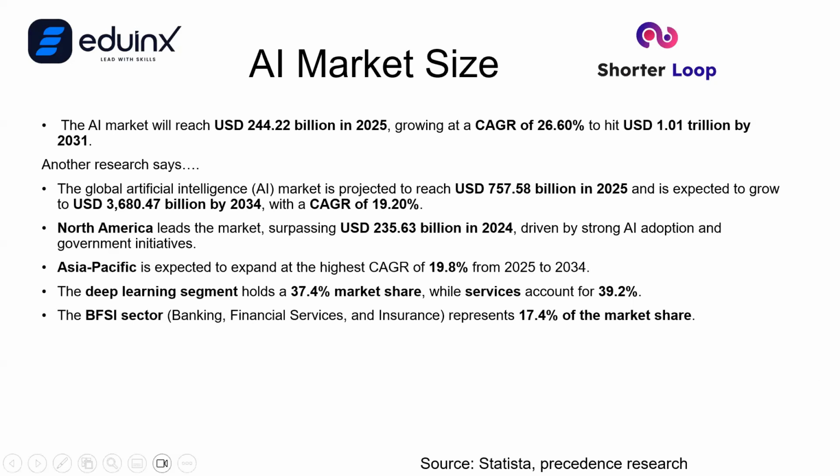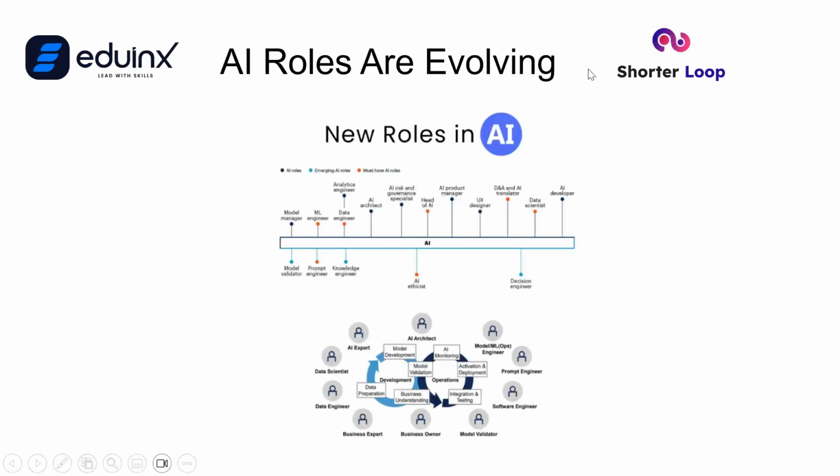So let me get into the next slide. Some of the career things that you see with the AI roles are evolving. And here, the ones in orange are the must-have AI roles. So we have already seen, when I was in it, 2019 to 2020, around 2 years I was there.